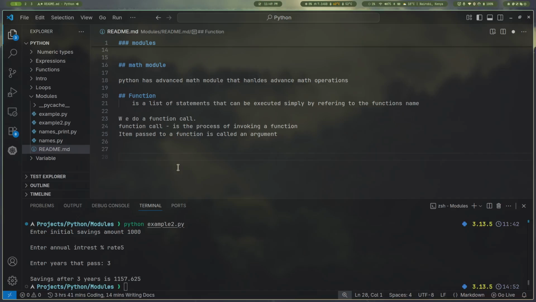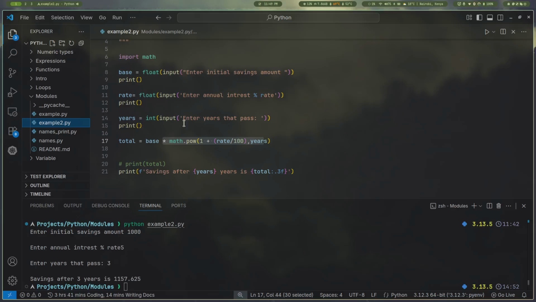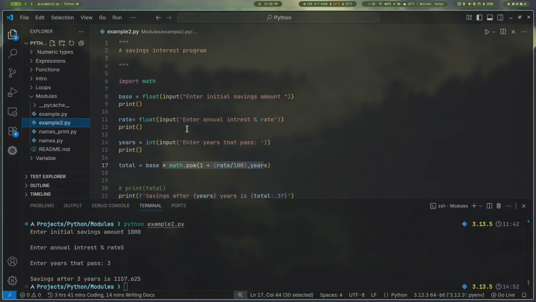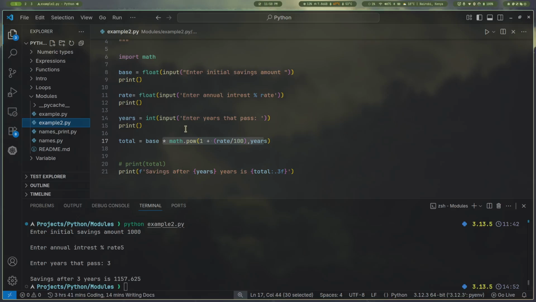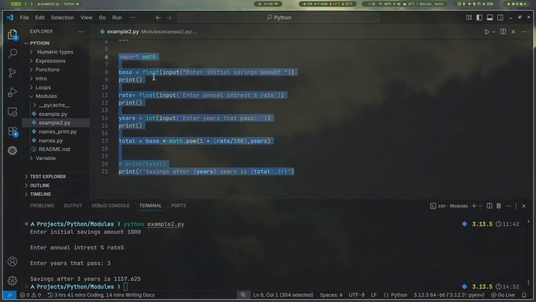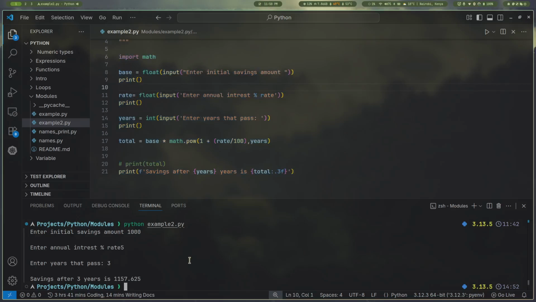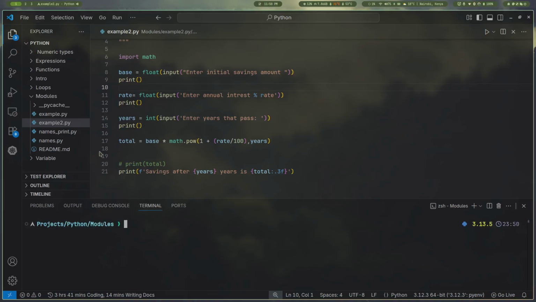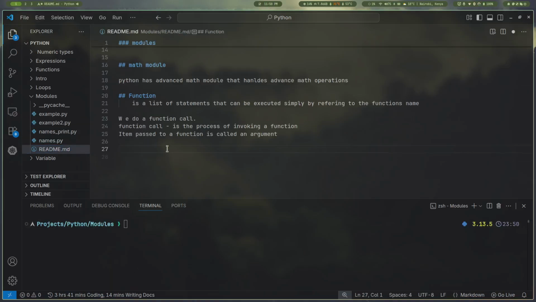So we were dealing with the math module, and our last example was the savings interest program. The code is here. You can write it on your computer, test it, and then you can see the result. The next thing I'd like us to go through is